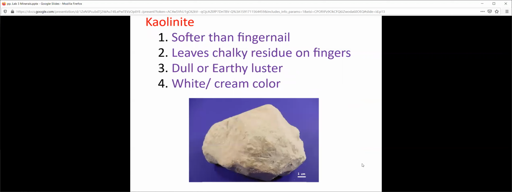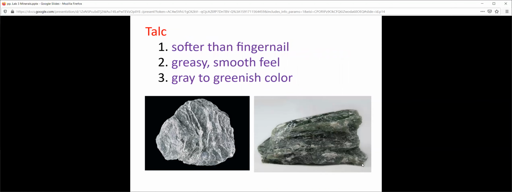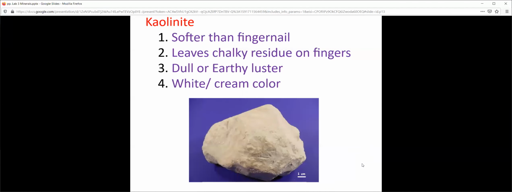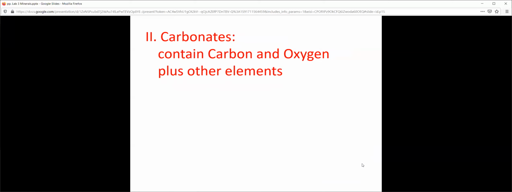Kaolinite is an example of a talc-like substance, very, very soft. White cream color, very true in that regard. Talc, as I said before, is super soft. It's actually oddly greasy. If you ever get a chance to play with some talc, you'll be surprised that it doesn't feel like a rock. It feels very greasy, like you need to wash your hands after you touch it. It's very interesting that way. And it's a good way to distinguish talc from kaolinite, which is very chalky, almost like touching a Dorito. Cool. Those are the common silicates.